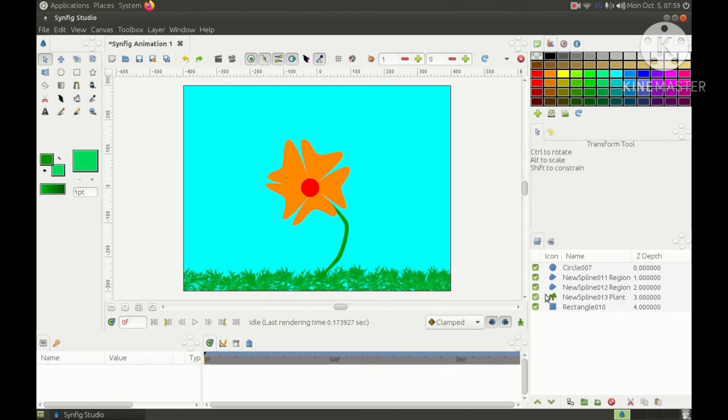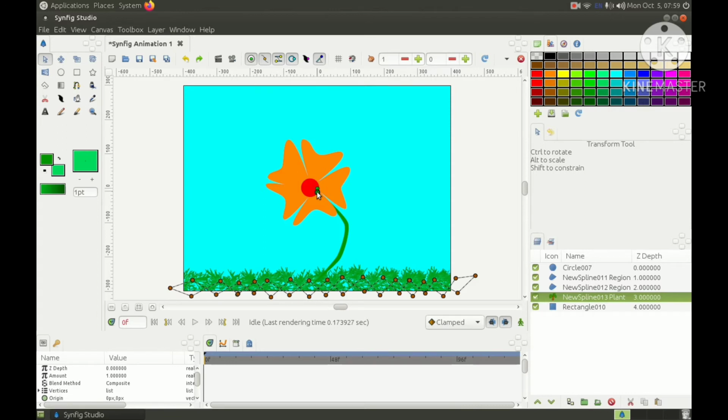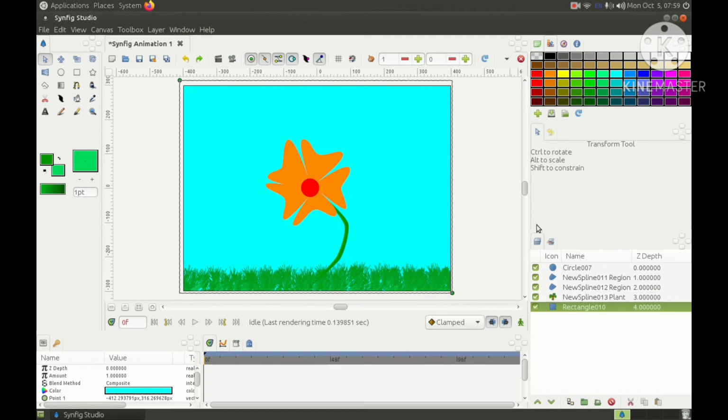You can see grass is created. I can increase the size of the grass like this. Okay, so this is the simple practical of creating a flower.